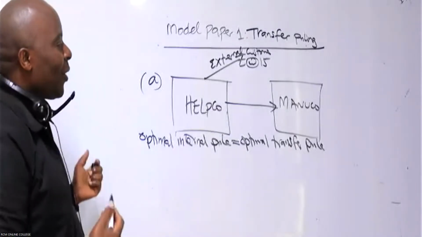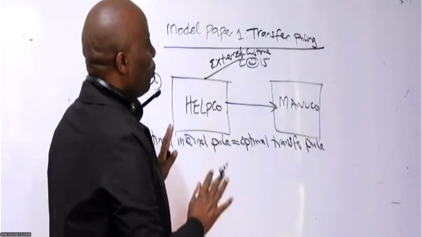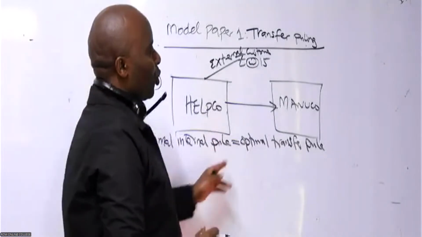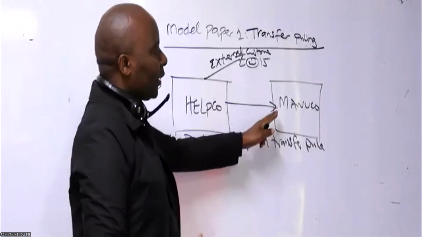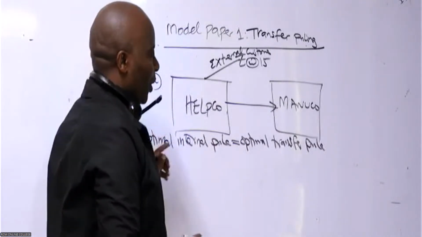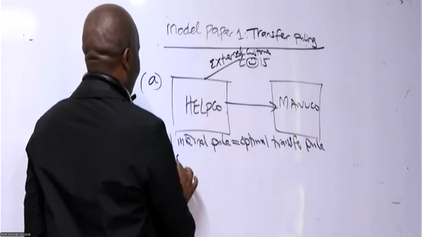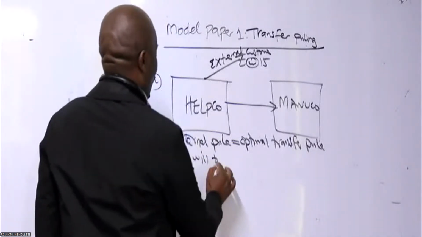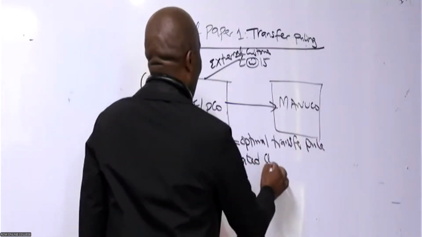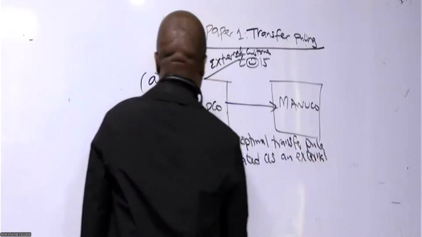If it has external customers, the only way out here, optimally, to be able to give them our product Z, the units, is to ensure that we treat them as external customers. So in this case here, we are saying that Manuko will be treated as an external customer,